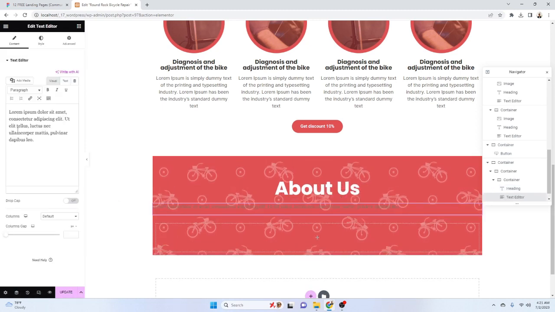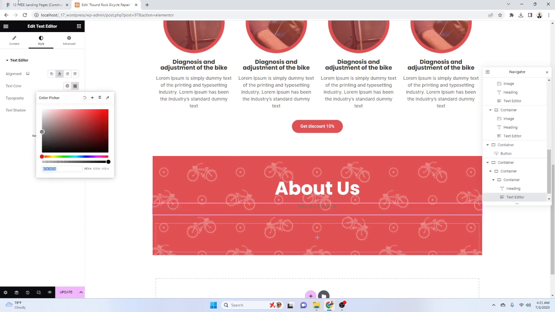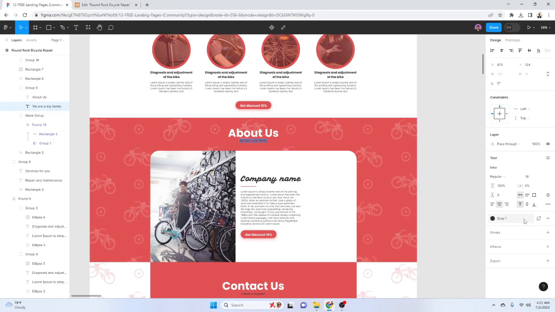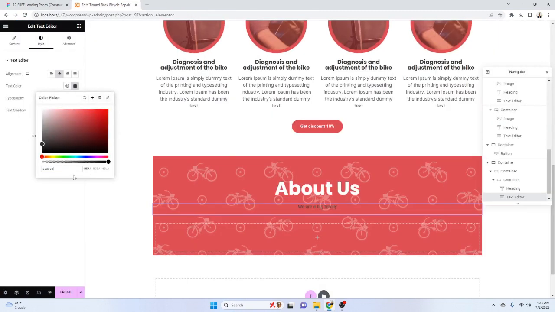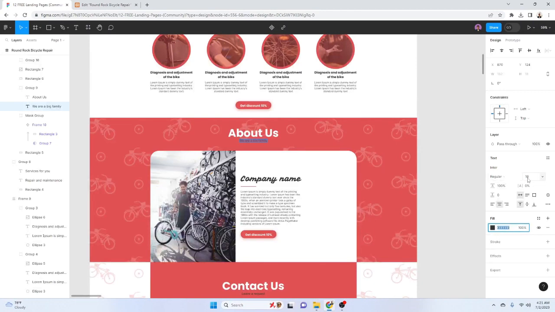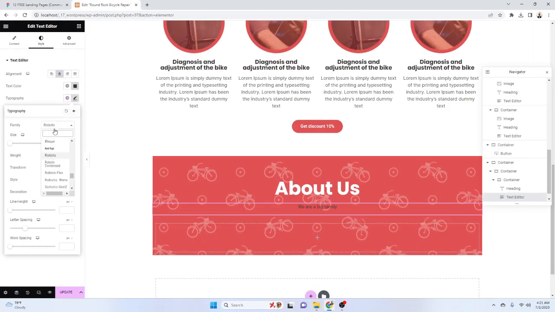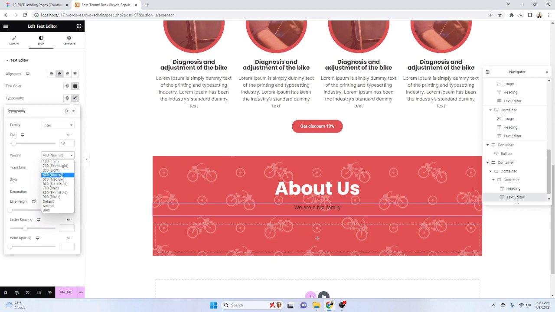This one will be here and that one is our paragraph and it will be on that center position. The color will be gray color. So this one is our gray color. This one is the gray color and the typography will be Inter 18 and regular. So this one is our typography, Inter 18 and regular, that means normal, and we'll have